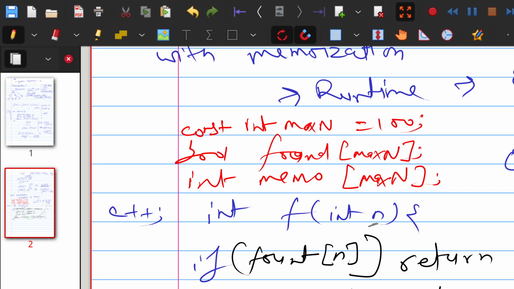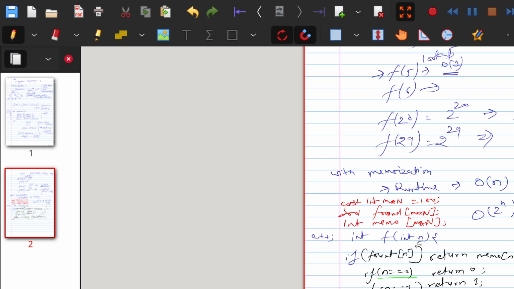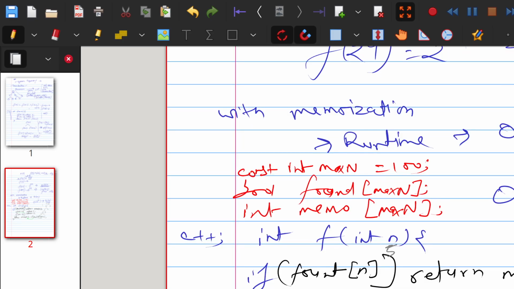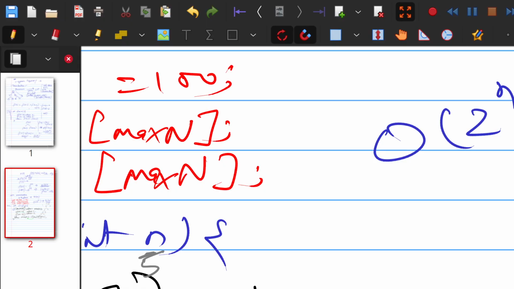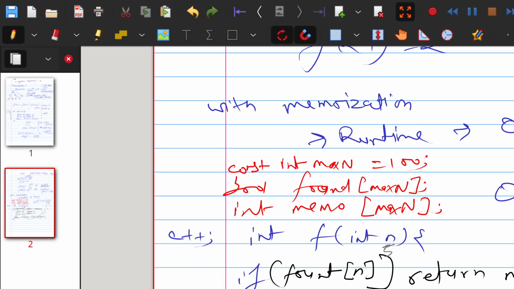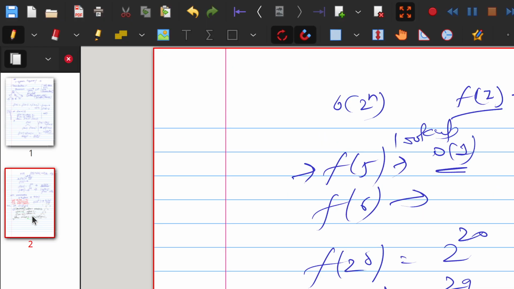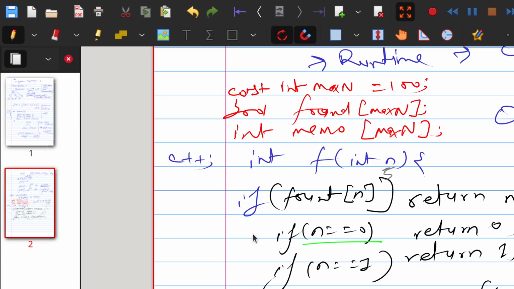N here is 5. Let me zoom out of the meter. Okay. Let's say